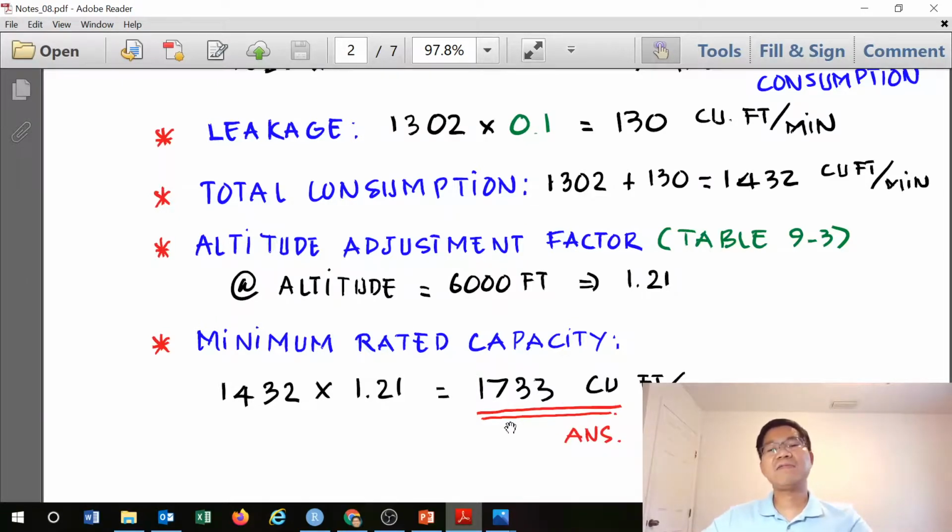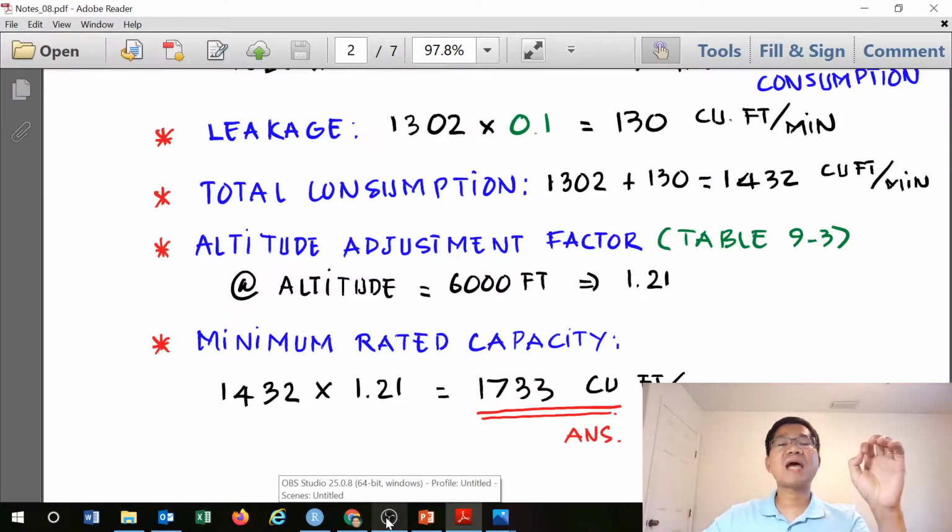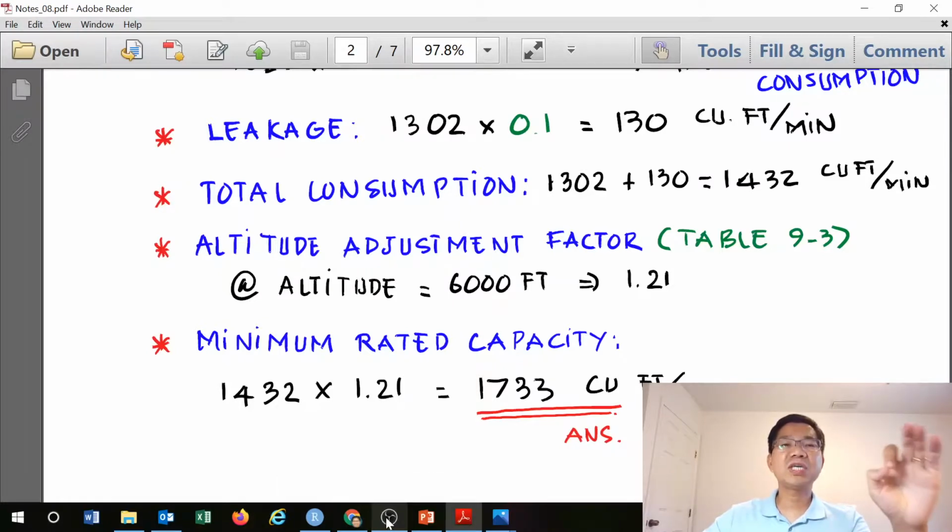So that is the first problem: we determined the quantity of air compressor needed given the number of tools and the different types of tools. We considered the diversity factor adjustment, the adjustment for the chop load factor, and the adjustment for the altitude, and that finally determines the minimum rated capacity. So the compressor needs to produce at least 1,733 cubic feet per minute to fulfill